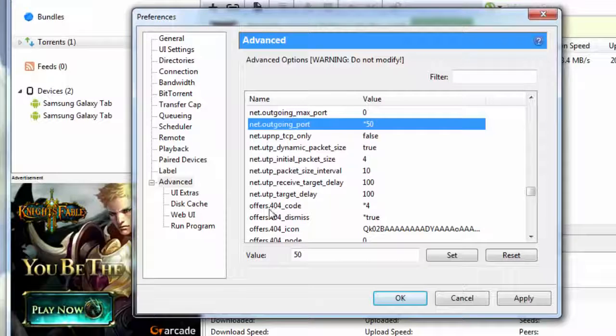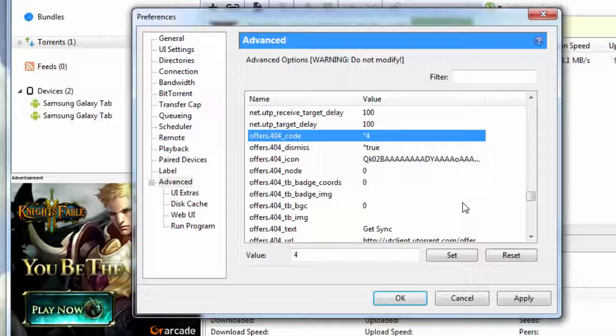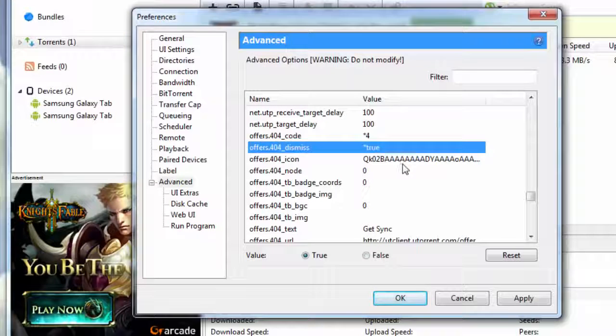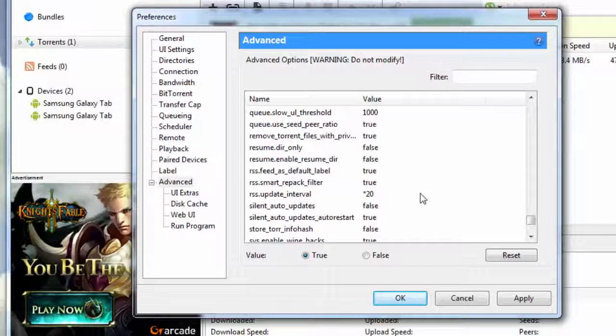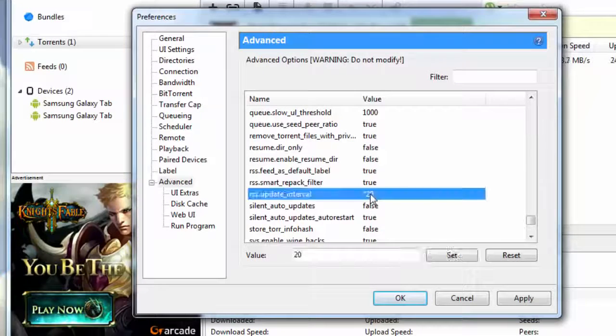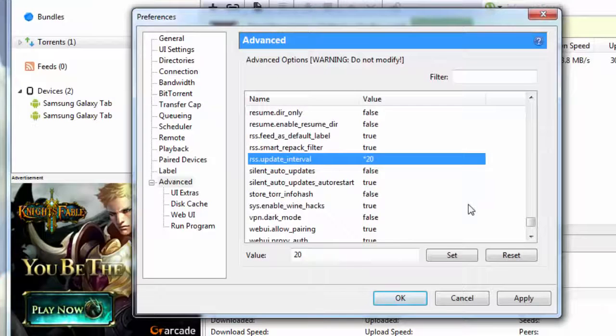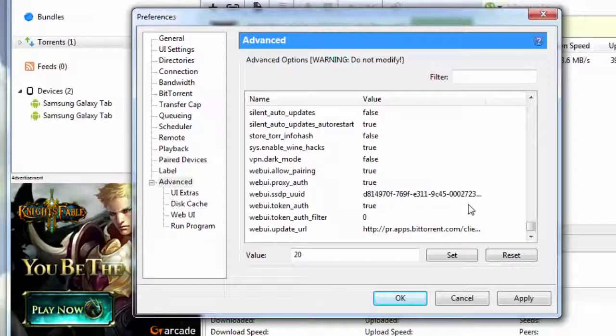Then you change offers.404_code and you put this here as 4. Then offers.404_dismiss, by default it is selected as false. You put this as true here. Then you go down to peer.disconnect_inactive_interval and you put this value here as 125. And then you go down to rss.update_interval and you put this value here as 20. So that's it guys. Once you're through with all these settings, you need to hit Apply and then click on